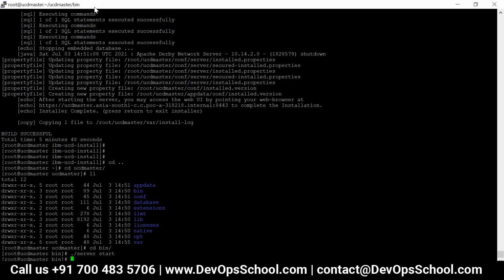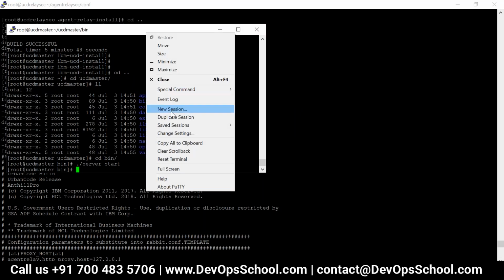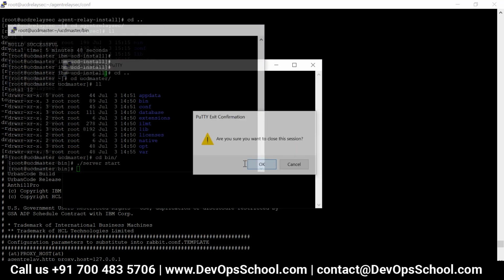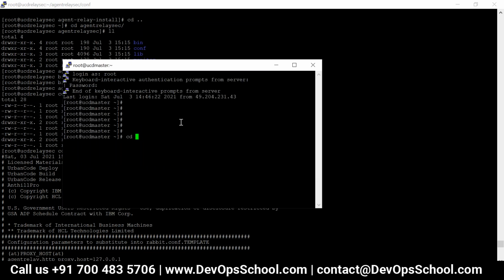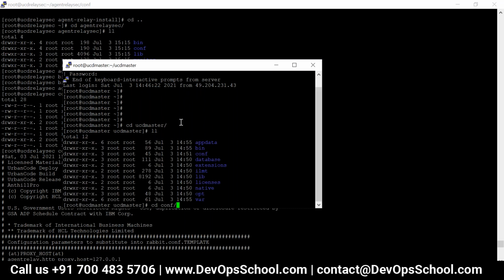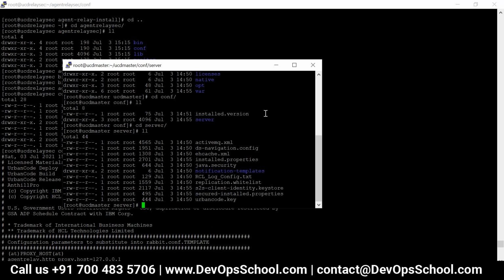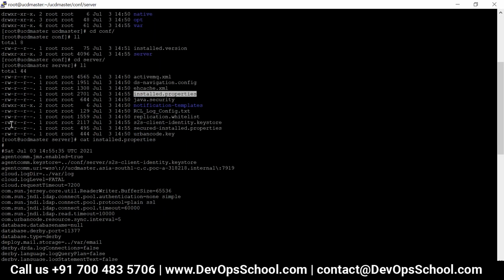I think this is the reconnect I have to do. Server. So secure server install.properties, and this one is cat install.properties. Okay, this is the configuration file.